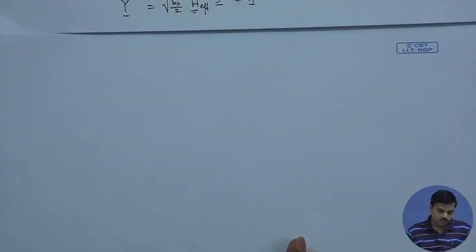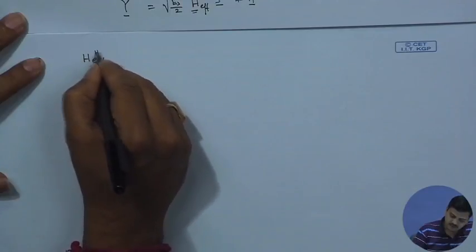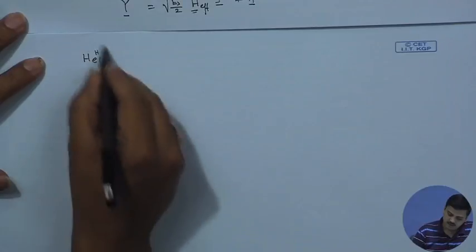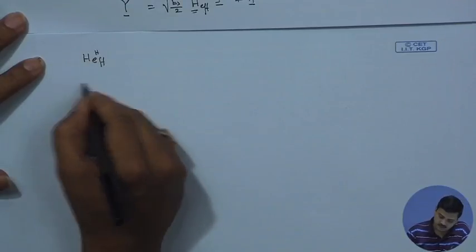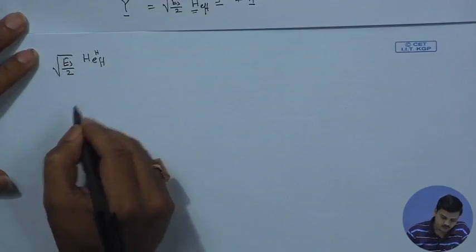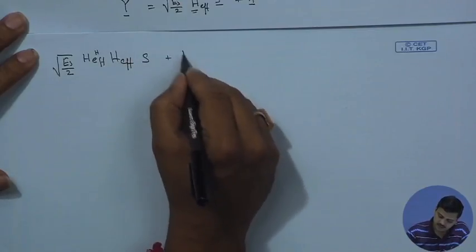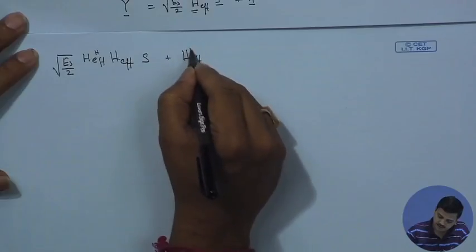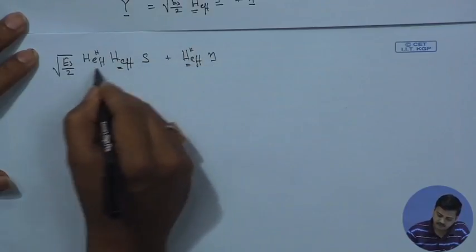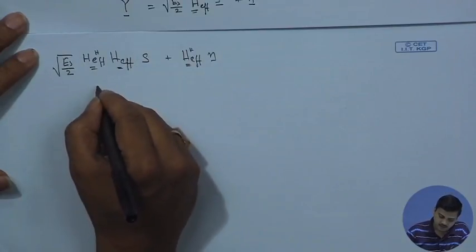Now to get a solution, one of the easiest ways would be to have our equalizer, where the equalizer is H effective Hermitian multiplied by the received signal. So if we multiply this with the received signal, what we would get is root over Es by 2 H effective Hermitian times H effective times s, plus H effective Hermitian times noise. So we are multiplying this particular coefficient. So if you expand this coefficient, what you would get is,